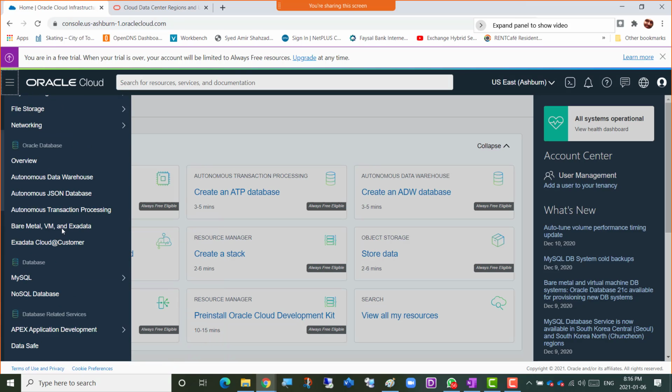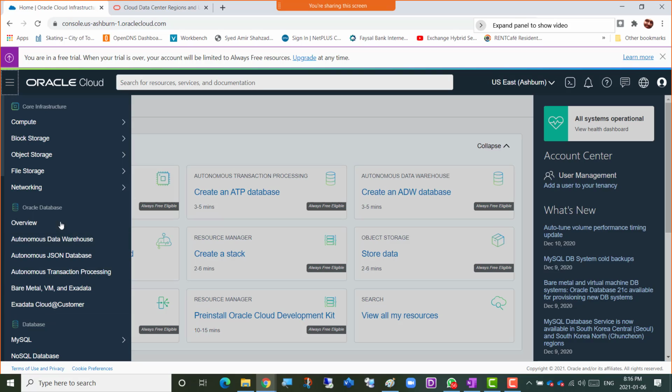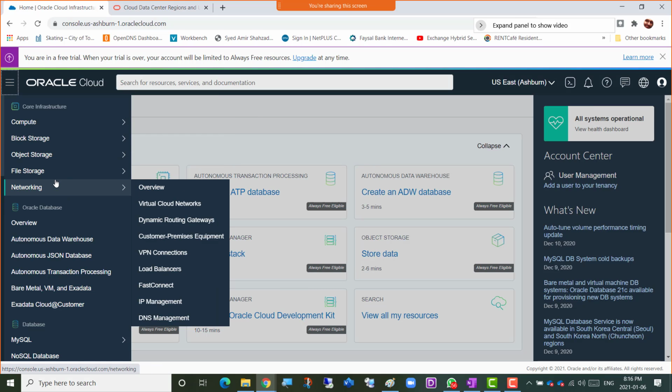So overall, they revolve around their main products for which they are famous, and for which companies have been really connected to them, and that's the database. But obviously they do offer all the other cloud services as well. So if we go ahead with